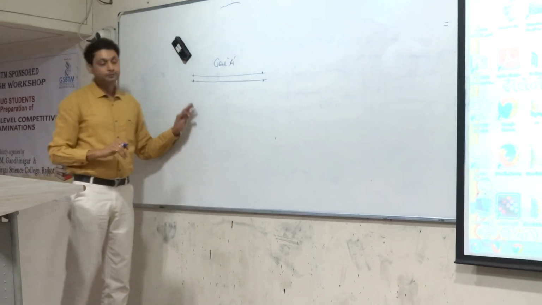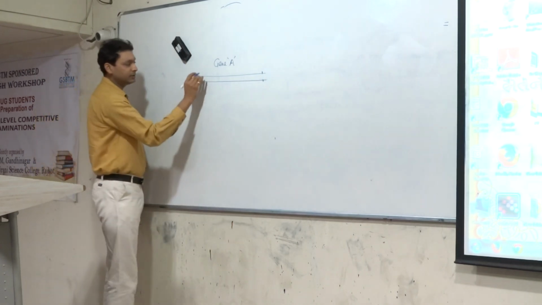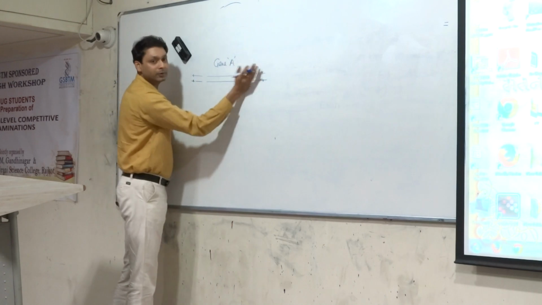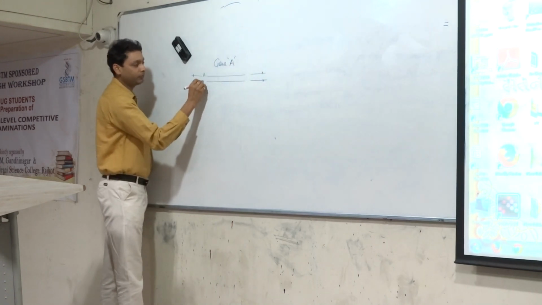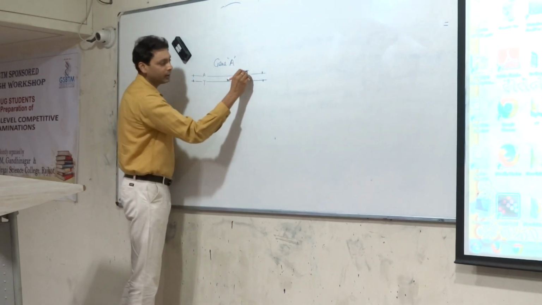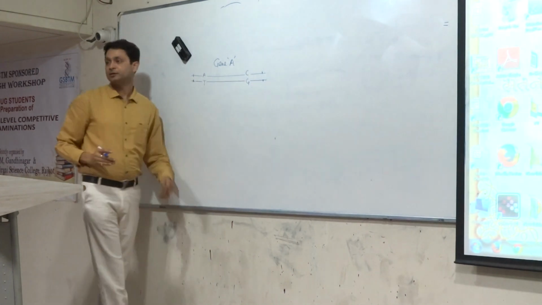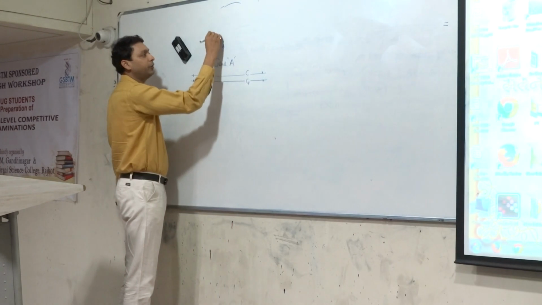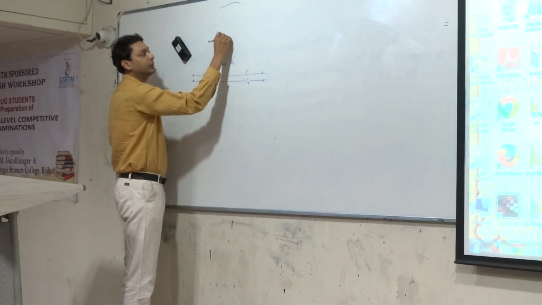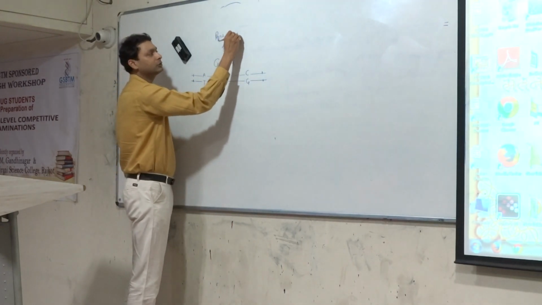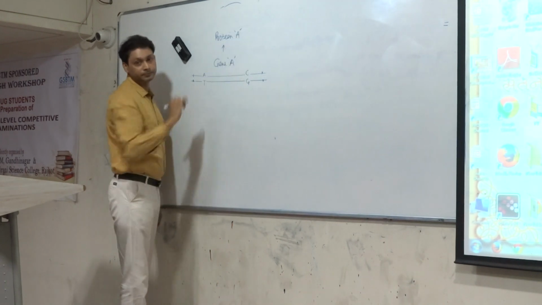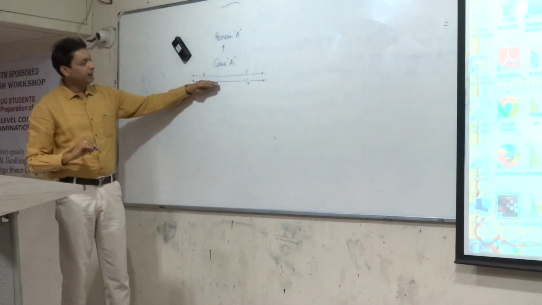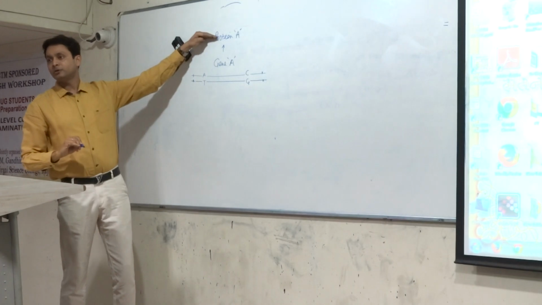This is the gene A, and this particular gene A contains a specific kind of sequence. Now suppose this particular point has adenine and thymine, and this particular point has cytosine and guanine. And this gene is responsible for the formation of the protein. That protein performs a specific function. Now suppose that particular protein is A. So this is the gene A that is responsible for the formation of the protein A.